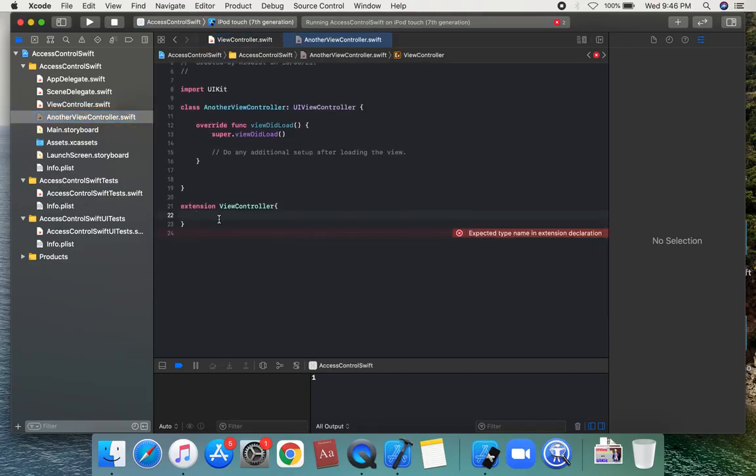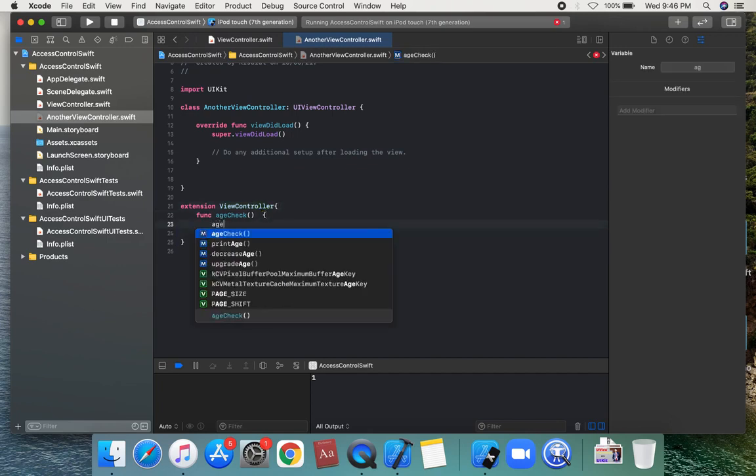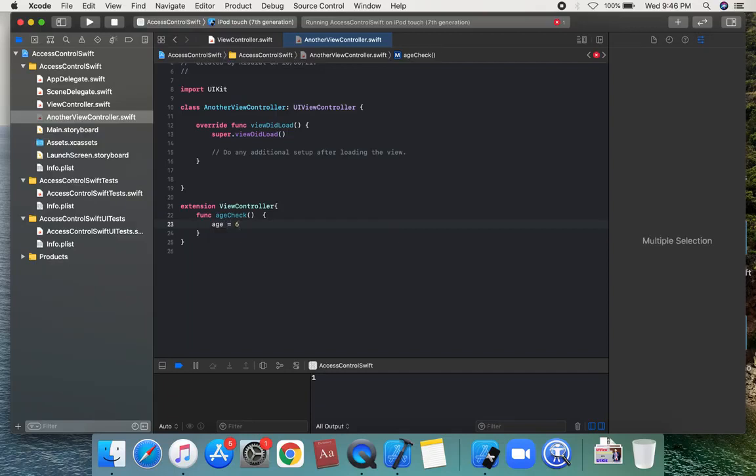So we're gonna create a function check, and we're gonna create an instance of the view controller: let viewController, and age equal to 6. Suppose age equal to 6.